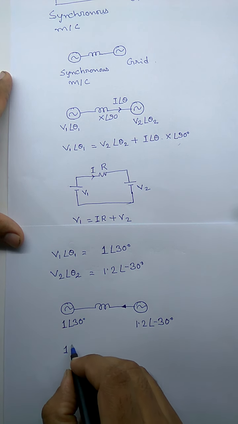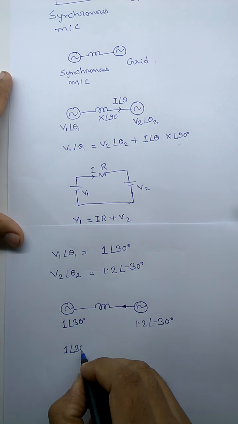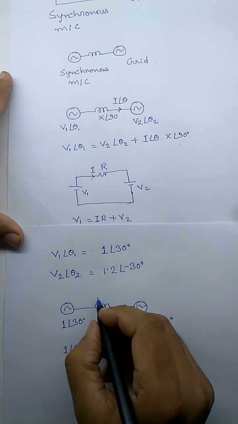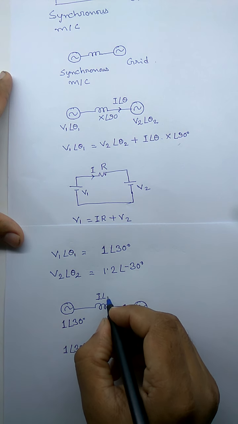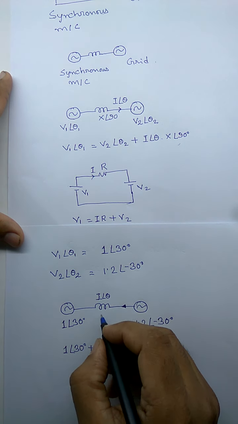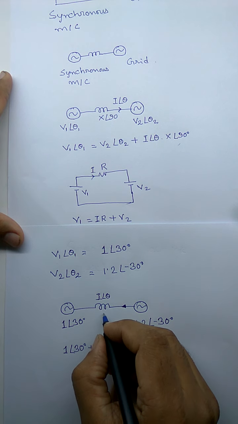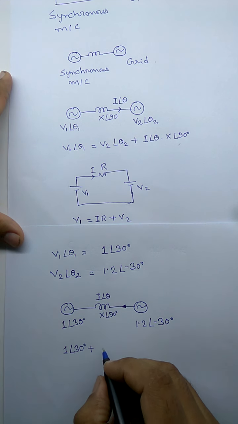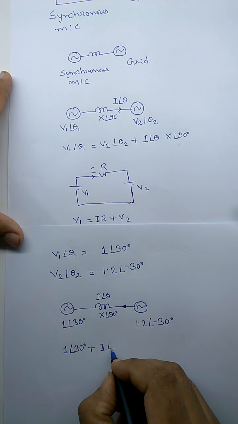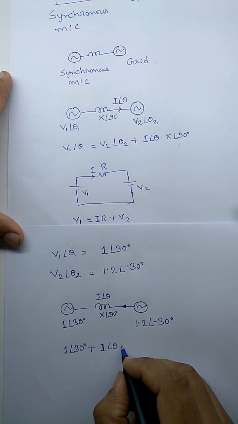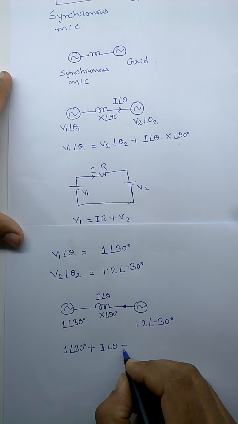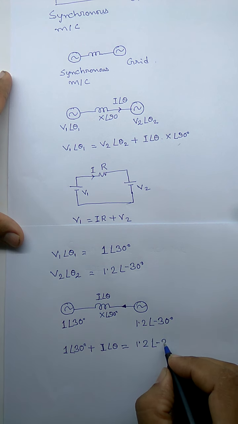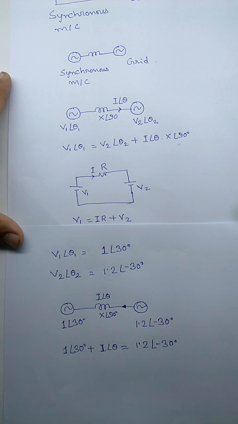KVL will be 1 at an angle 30 degree plus, let this be I at an angle theta, let this be X at an angle 90 degree, plus I at an angle theta is equal to 1.2 at an angle of minus 30 degree. Now